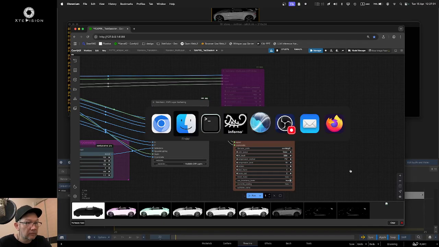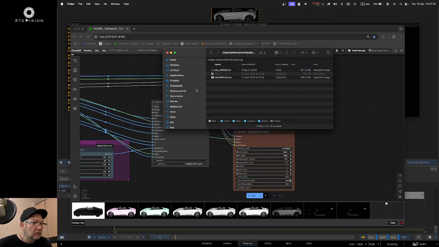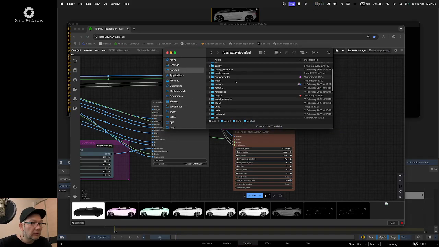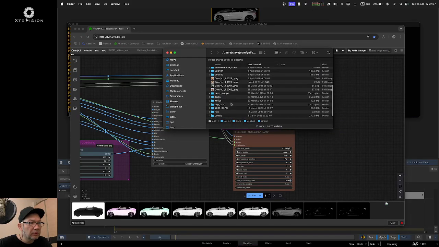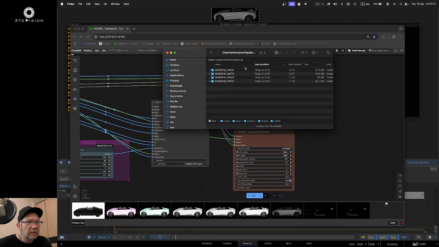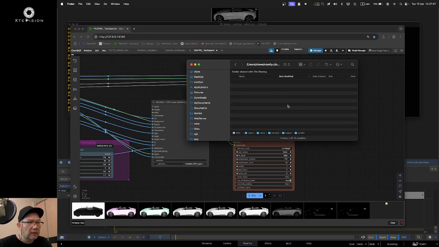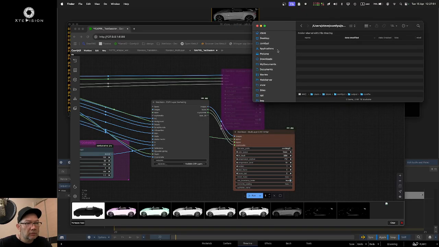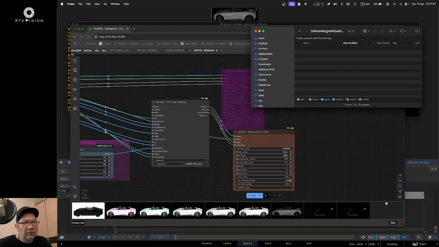Let's have a look at how the Confla folder looks already. ComfyUI output. There's something in there I need to delete because I messed around with that in the morning. So now there's nothing in there. What's going to happen is, if I click here on run, in that ComfyUI folder a new